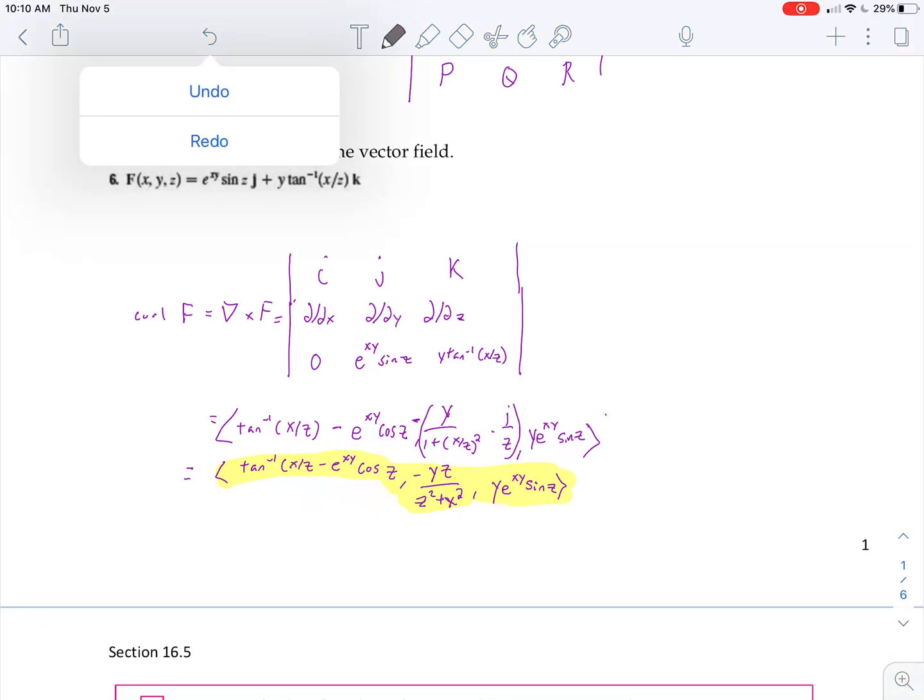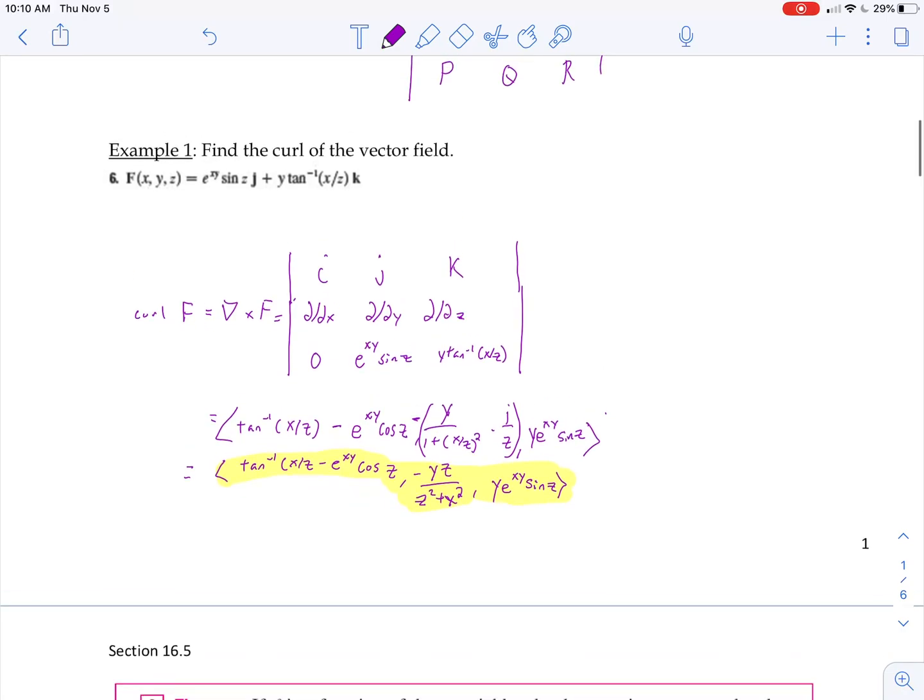I'm going to hit redo because something happened, and I don't even recall what I changed on here. All right, and that gives us the curl